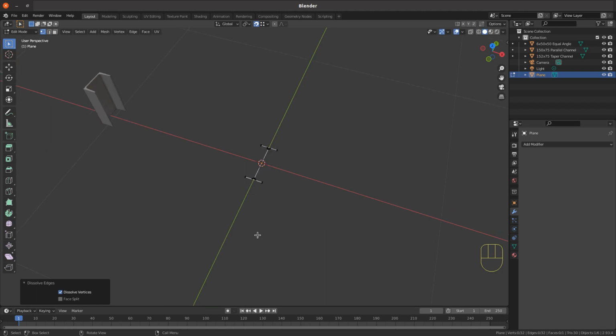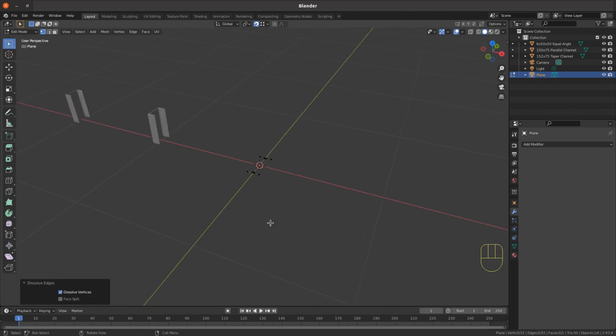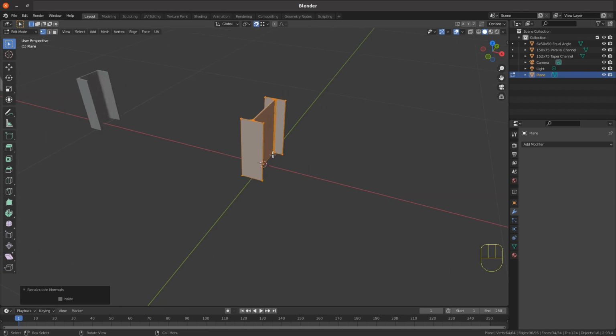of the universal beam. So if we zoom out a bit and in the 3D view, select all and extrude 300. And again, it's gone in the opposite direction, so Control Z to undo that, and while everything's still selected, go extrude and minus 300. But as I've said, that indicates that the normals are pointing in the wrong direction for the enclosed space. So select all and Shift N to recalculate the normals. And that creates the